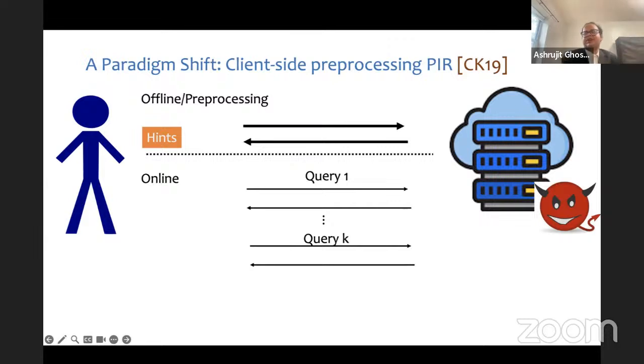And it turns out that this model brings PIR much closer to practice because this expensive preprocessing phase is a one-time thing, and the online queries require much less server computation and communication. Meaning that even for gigabyte-sized databases, the queries can be answered in the order of tens of milliseconds. And constructions in this model are more practical than earlier PIR constructions.